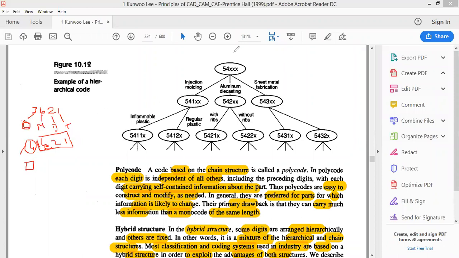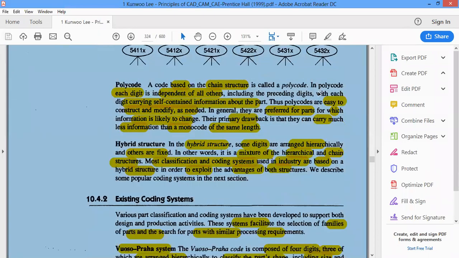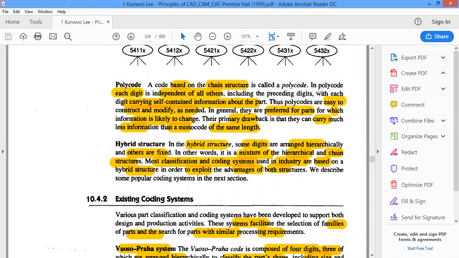The next thing is the hybrid structure. In the hybrid structure, they have clubbed together the hierarchical method and the polycode method so that they get the benefits of both coding systems. In a hybrid structure, the digits are arranged hierarchically, so they fall into a particular family group so that it is traceable, and the other digits after that are all fixed.